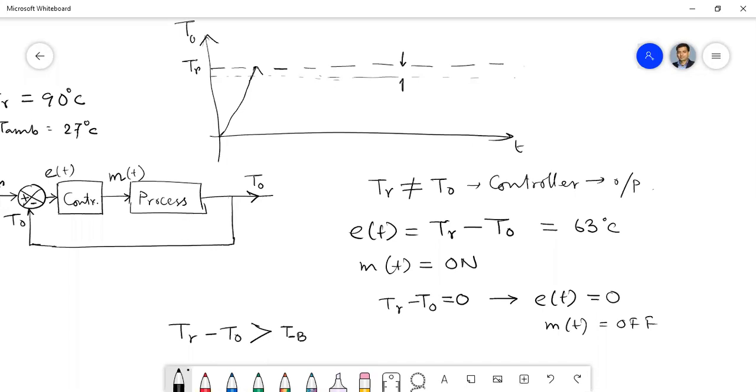So this is the value of T minus B. When it becomes bigger than this T minus B, again I will make the switch on. When I make the switch on again, the process will get the voltage, and the temperature of the process will increase. In this way, the temperature of the process will vary. Do you agree with this?